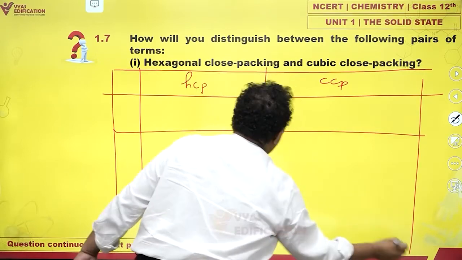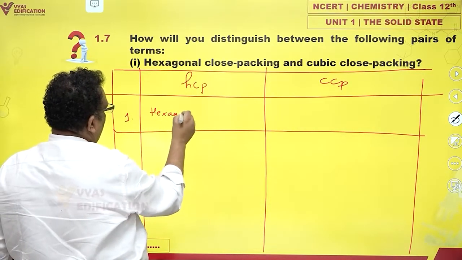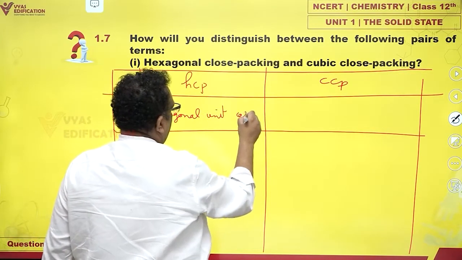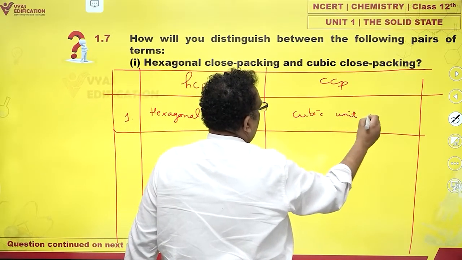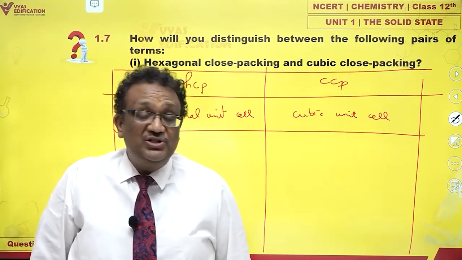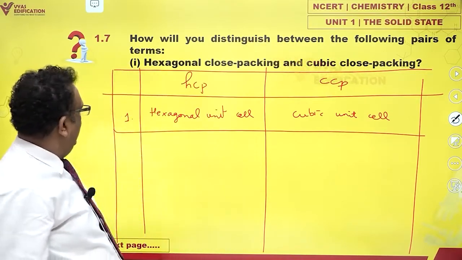First point is, it has a hexagonal unit cell and it has a cubic unit cell. The shape of unit cell is different. Yes, the shape of unit cell is very, very different. Yes. And then